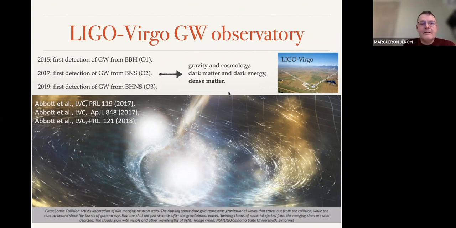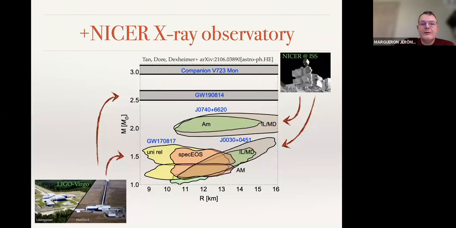Then, in addition to that, there is the NICER X-ray observatory from the NASA agency, which is this very small detector that you can see on this picture, and which has been attached to the ISS